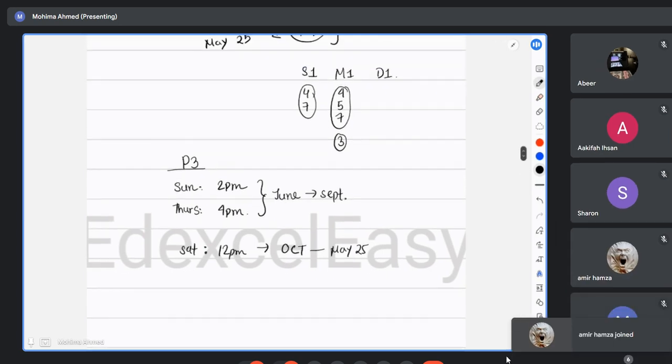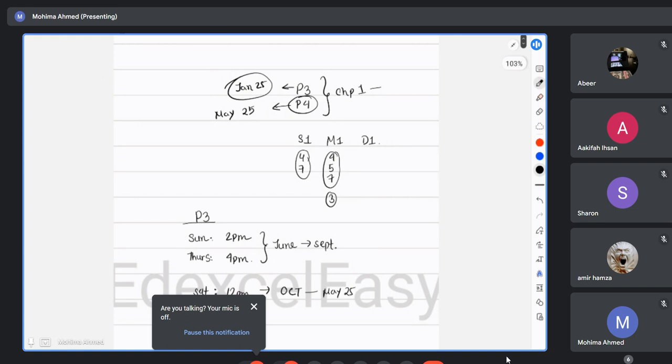And then a similar process will be done for S1 also. For S1, we're going to complete the syllabus. I think for M1 and D1, we can easily complete the syllabus by the end of August. Okay, but for S1, that is a little bit lengthy. So I would need like mid October or the entire October to complete the total syllabus for S1. And from November onwards, you can start solving the question papers for S1. For M1 and D1, they're not that lengthy. We can complete the entire syllabus by, sorry, by the end of August. Okay, so for M1 and D1, we have a lot of time for solving question papers, doing mocks and everything. But for S1, it will be a little bit lengthy.